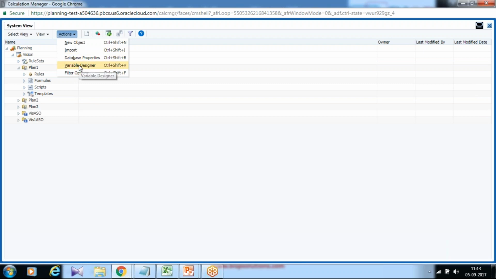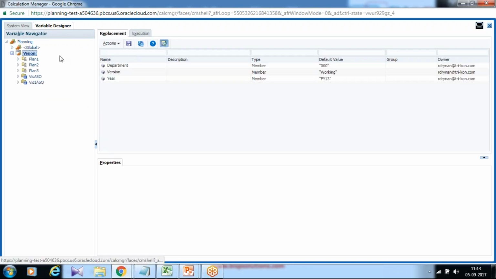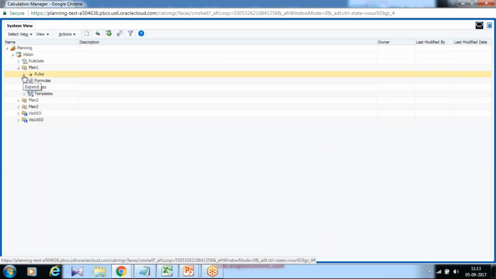You can go to the variable designer, and there you can create variables for an individual application or global. I created application specific variables. I have three variables: department is 000, version is working version, and year is FY13. You could give a constant as well, but I wanted my rule to be dynamic, and therefore I use variables. Once you declare a variable, the next step is to refer to this variable in our rule.